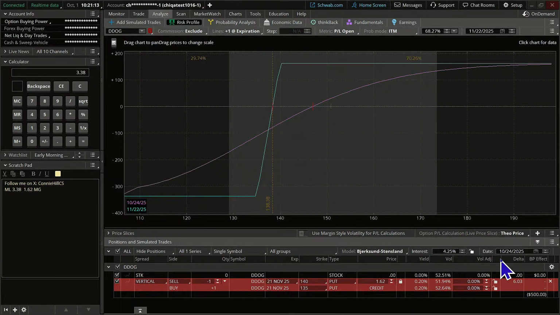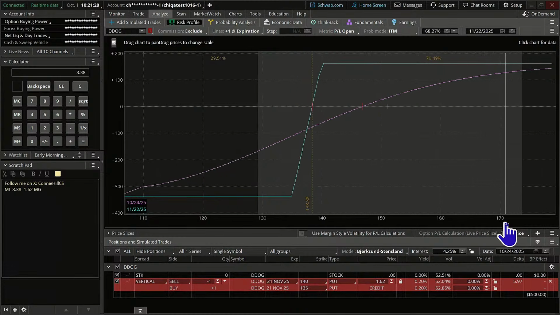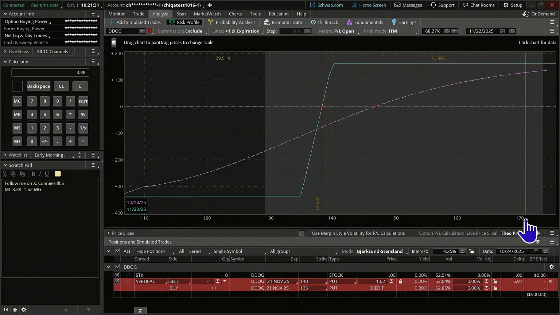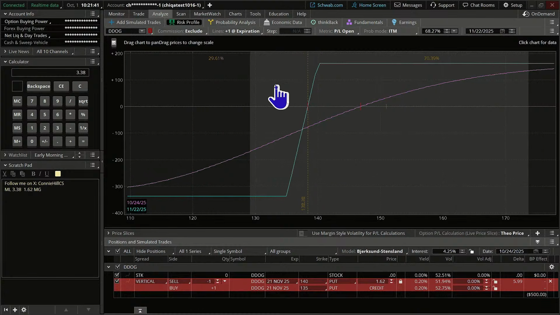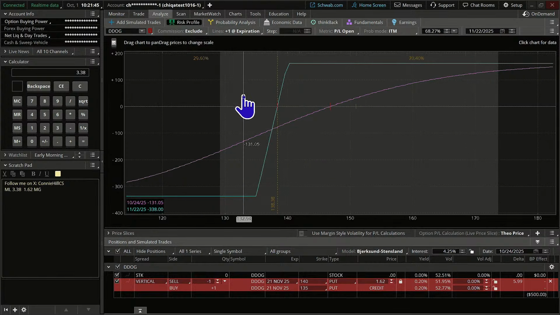Gil wants to know, how do I zoom in and zoom out on the chart? There's a couple ways to do that. Number one, down here at the bottom, it goes from 110 to 190. And you saw me kind of click and drag. So I've got my mouse down, I'm holding it, I'm moving it to the right. That's going to kind of stretch out what we're seeing here. And then if you want to recenter what's in the middle part, just put your mouse anywhere, click and drag. It's kind of called panning, where it puts this in a spot that maybe is a little bit easier for us to see.